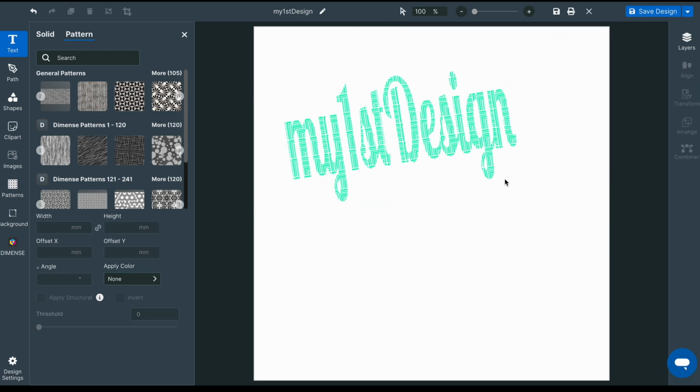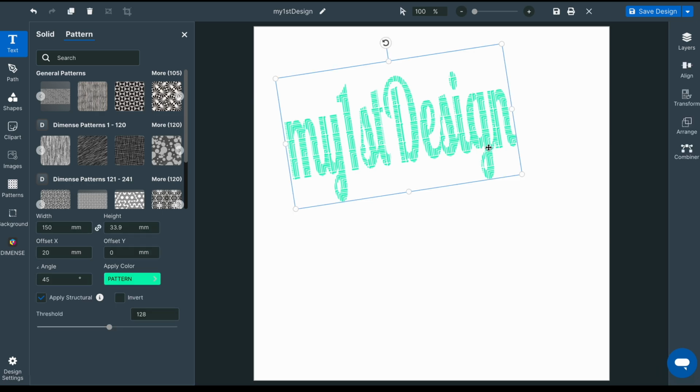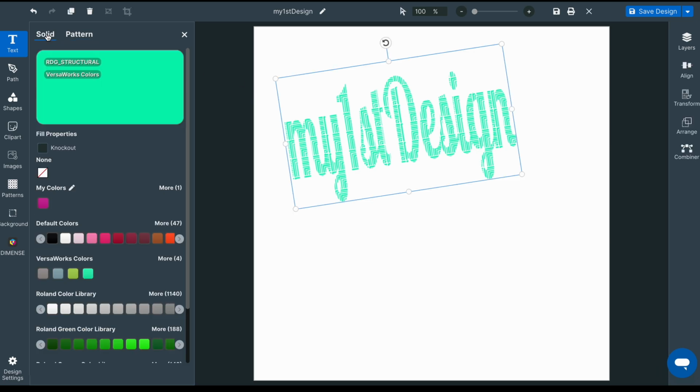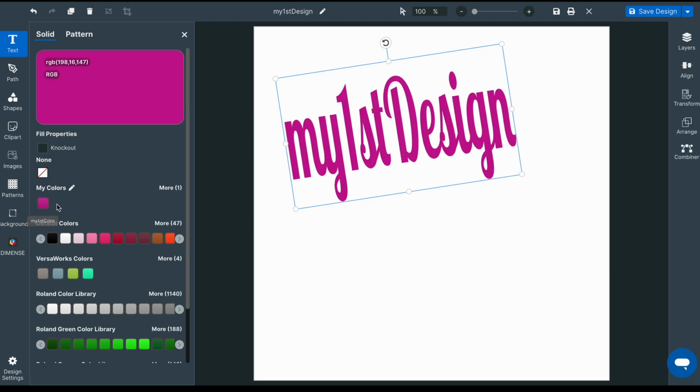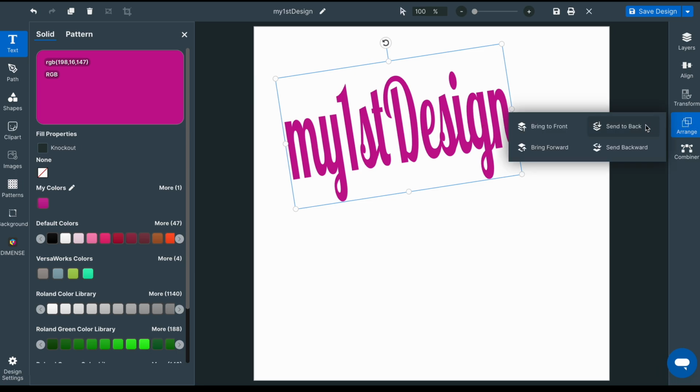Deselect the two objects, select the topmost object, and I can now color it using the color in my library. I want to have the structural ink object on top of the colored object, and this is a job for the Arrange tool. With the topmost object selected, the object filled with color, open the Arrange tool and click Send to Back.